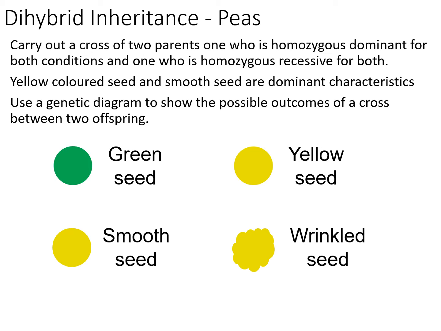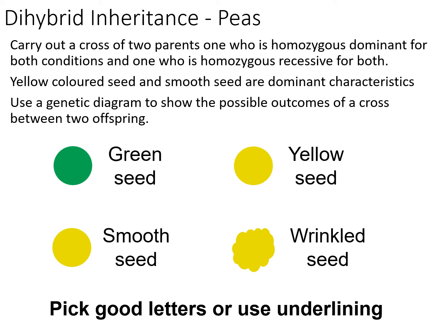Things like W's are not very good. Things like Y's and S's are not very good. So you're going to look for two letters, one to control the color, one for smooth and wrinkled, and you need to determine the dominant and recessive characteristic. So if you look through the text